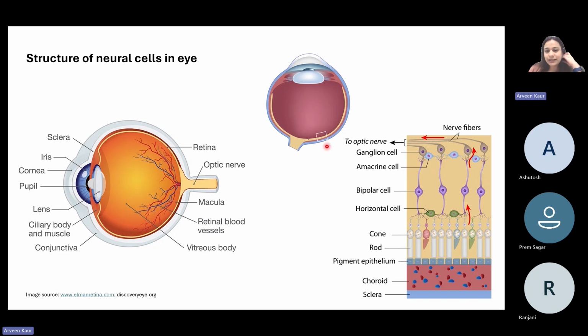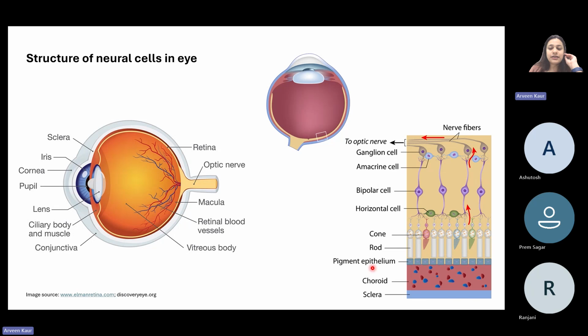So if we look at this eye, this retinal layer particularly, right, what we can see is, okay, sclera and choroid. Choroid was the one that I wanted to see, not conjunctiva. Conjunctiva is the transparent portion in front of our lens, not that. Sclera, choroid, and retina are the three layers. So this one is sclera, this is choroid, and this entire one is a retina, right? So retina has been expanded over here to tell you what are the specific cells that are present over here.